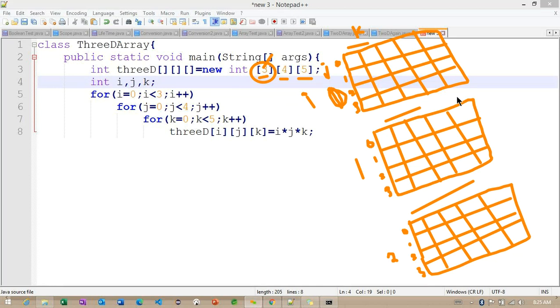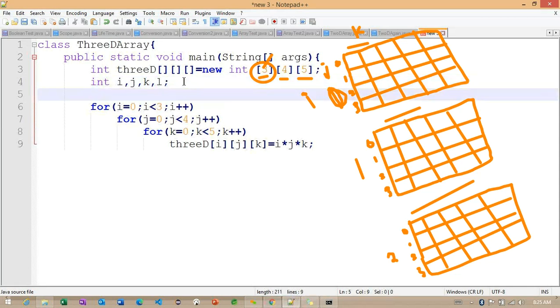Okay, observe here so that you are going to understand while initializing the value. Let me create L also, and I want to initialize L is equal to 1, K plus L. So this is the value I want to provide here. Basically, after doing this particular addition, we are initializing the value. So this section is important here.